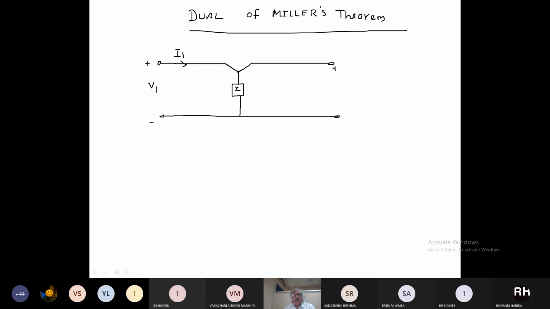On this side we have a voltage V2 and the current here is